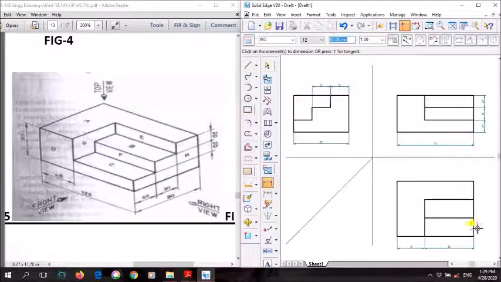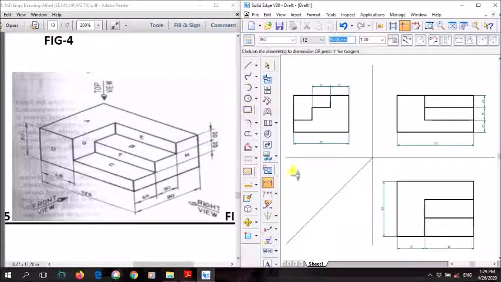Clear? Here we no need to show again because we have already shown those 30, 30. This section is 30 and here it is 30. No need to show that because we have already shown it on the right side view. I think we have shown all the dimensions: 125, 20, 20, 20. Here it is 30, 30, 45, 80, right? If you want you can show it again here, no problem, but this 90 we have already shown. It's not necessary, it will be an extra dimension. Like this we have completed the dimensioning of all the three views.